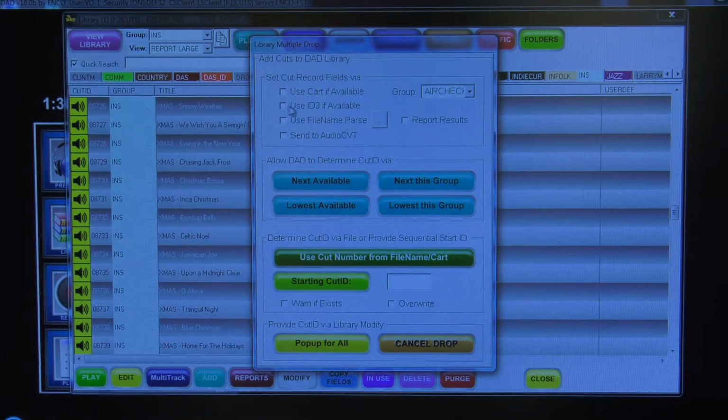So here, I want to use an ID3 if it's available. So that is like an identifying tag, some metadata, meaning the name and the title and all that stuff. I want to use that if it's available to me. And I definitely want to send this to our Audio Convert software to make sure that it's the appropriate sample rate and file type. So those are a must. You want to have the ID if you can, and you definitely have to convert it to the appropriate file